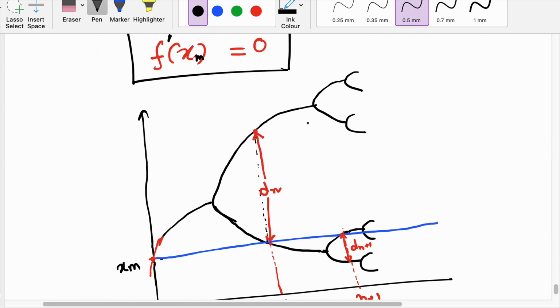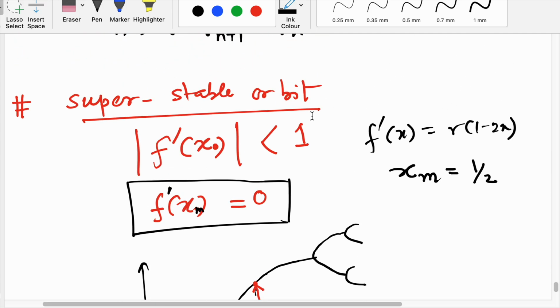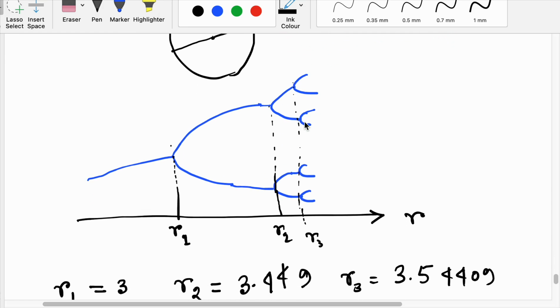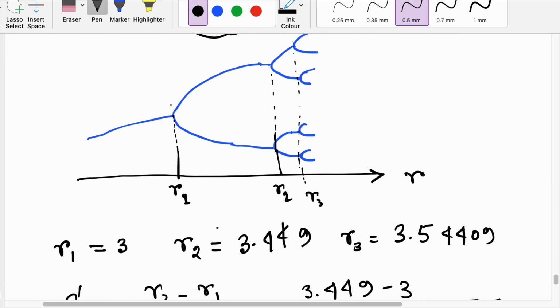And up to now we know that something called period doubling bifurcation happens, but there is no way to calculate this. There is a way, but we don't know how to calculate the value of r1, the value of r2, the value of r3, other than using a computer. So we will see that. Let's first see the self-similarity because of which this renormalization is possible.